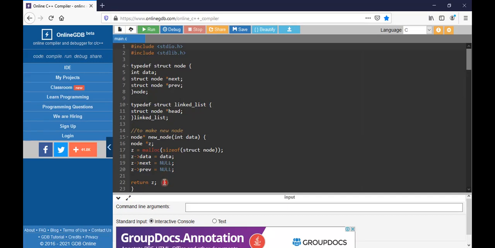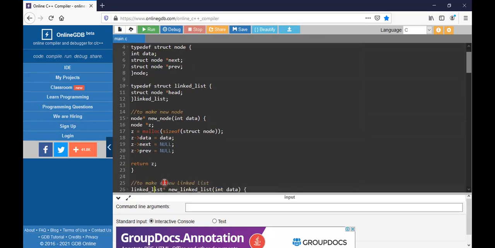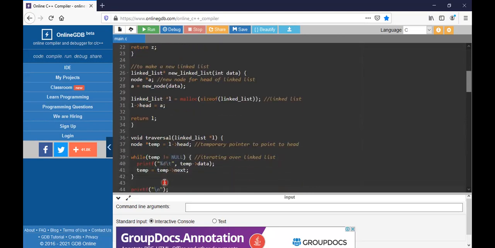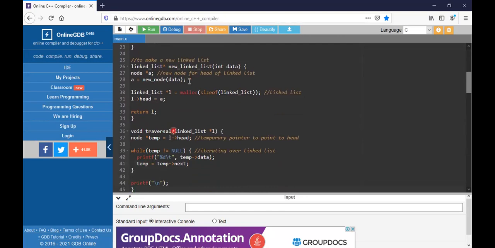Then the empty one will be returned here. So how am I going to make a list here? This one is used for making a list. The new node of the data will be considered. I am creating an allocation for that processing, and it is pointing to the list head. A is the list head here.